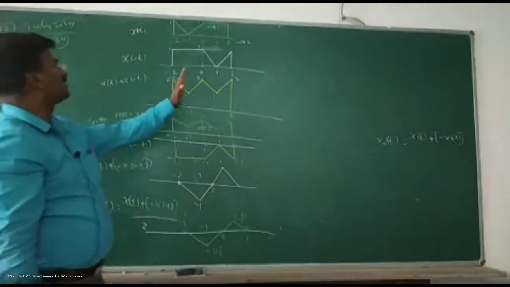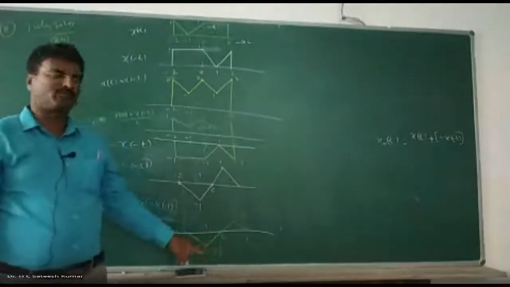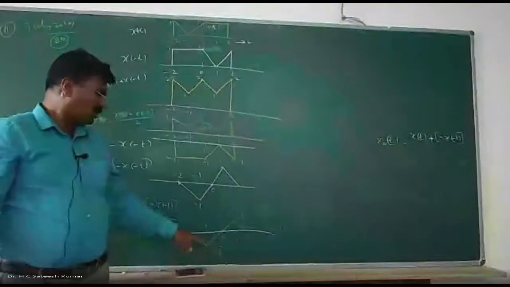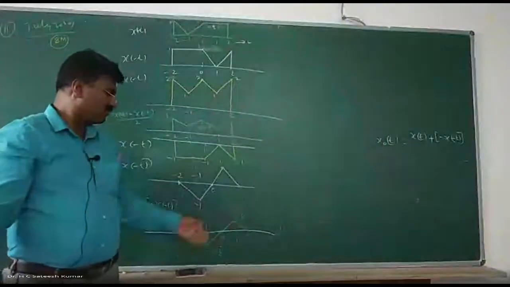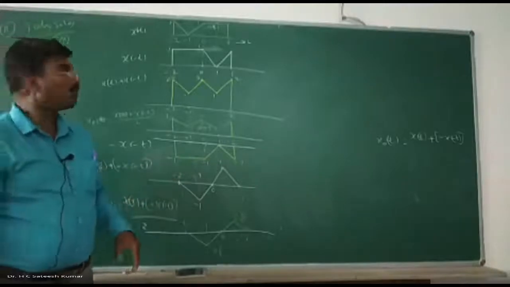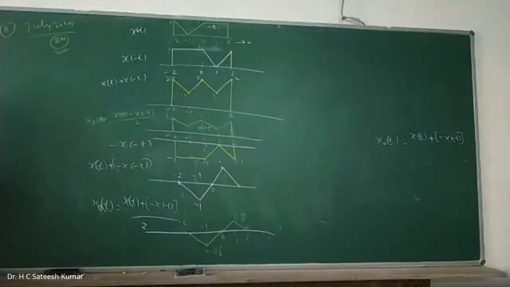xo of t is symmetric about the origin. One verification. Second verification for the right part: the origin value is 0, and the left-hand side is a double fold of the right-hand side. You fold once, one more fold, and you will get it. So this is an examination problem for 8 marks in one of the recent papers. So easily you can get it, provided you know the logic behind adding and subtracting this.